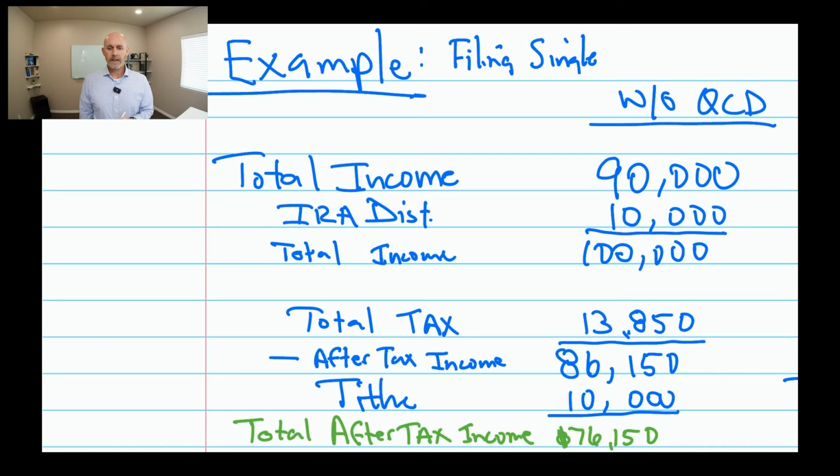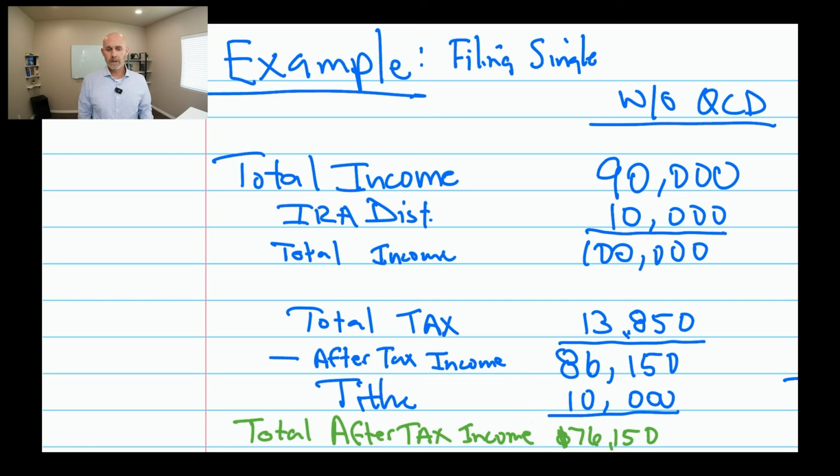But this is a single filer, and they have total income of $90,000. And they pull about $10,000, so a little less than $1,000 a month from their IRA, and have a total income of $100,000. Now, they just take the standard deduction, and their total tax for the year is about $13,850. So their after-tax income is $86,150, and from that they pay their tithe, and it's about $10,000 a year. So their total after-tax income is